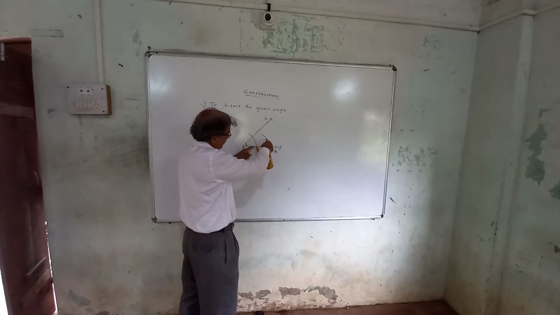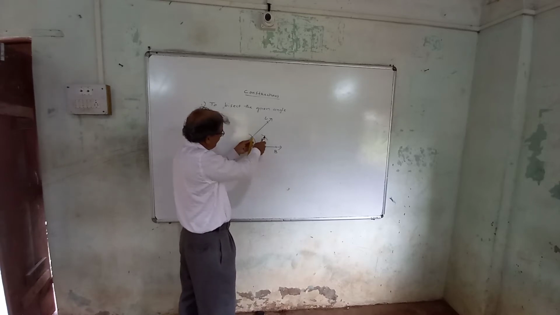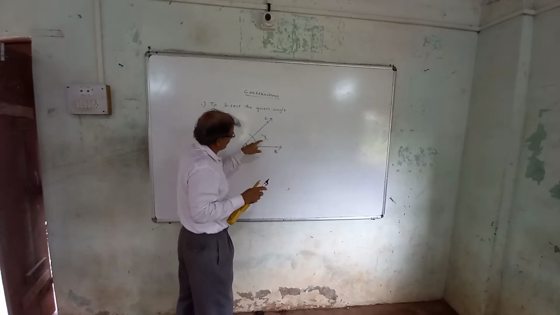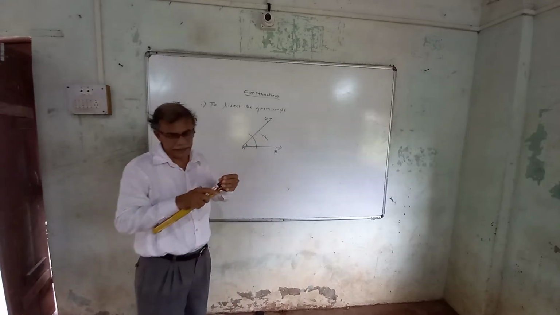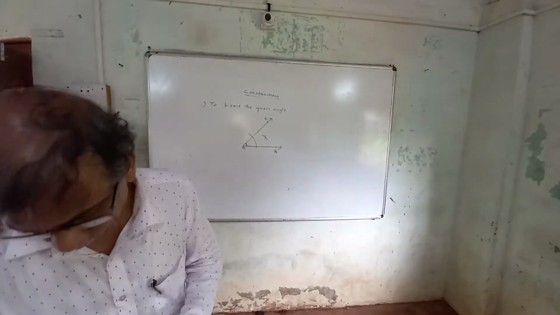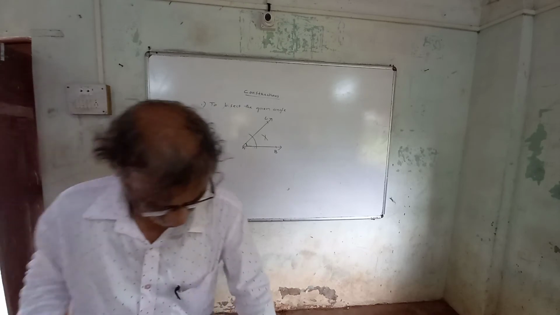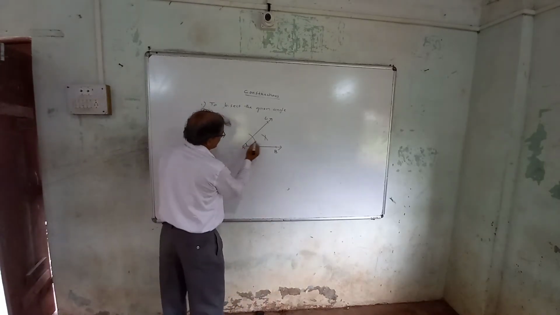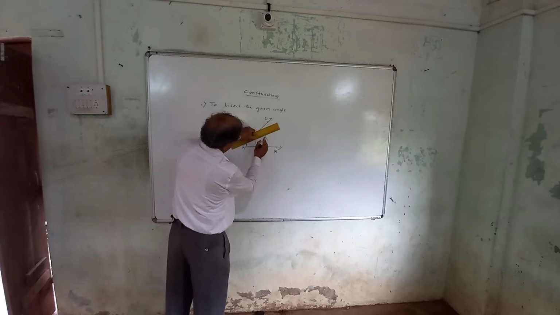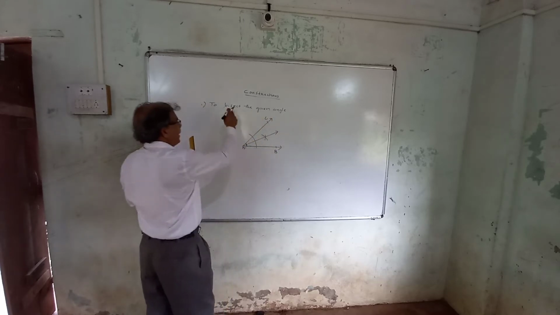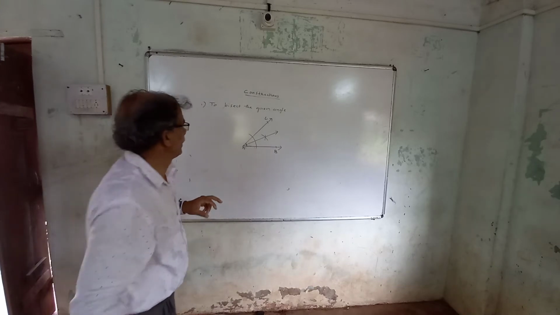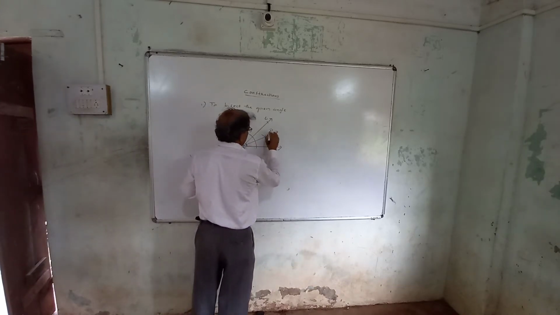Now what you do? You will take the compass, we keep it here, this arc intersects at this point. So keep it here, draw the arc like this, which intersects the original arc. Now this point is the point of intersection, isn't it? So now, if we draw a ray from vertex A to this point of intersection of the two arcs, like this, this particular ray bisects the given angle.